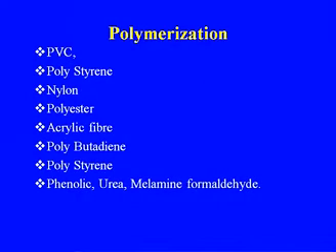These are some of the major products which you are getting through polymerization: PVC, polystyrene, nylon, both nylon 6 and nylon 66, polyester from terephthalic acid, and acrylic fiber that we are getting from the polymerization of acrylonitrile, polybutadiene, because the butadiene is available from the steam cracker. So, instead of going for the manufacture separately, many of the